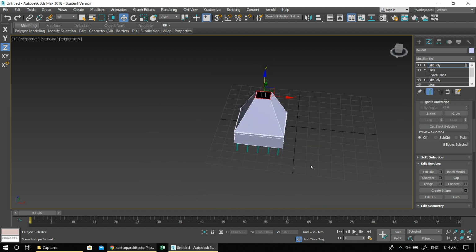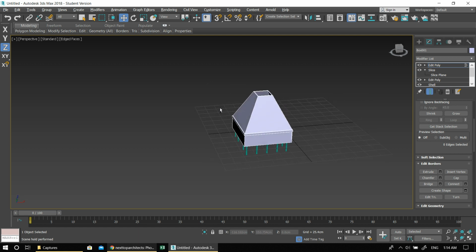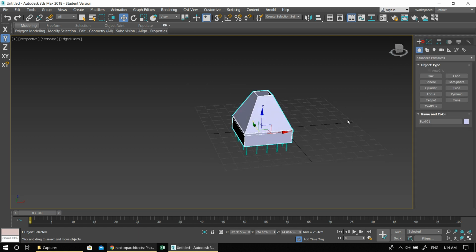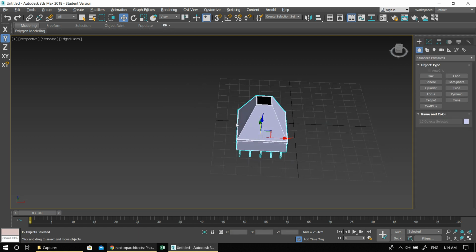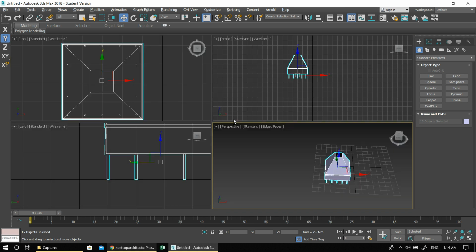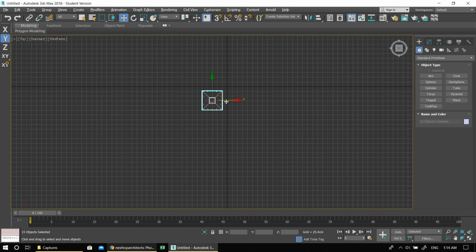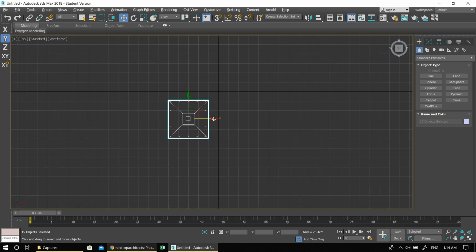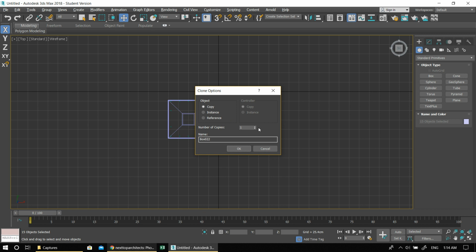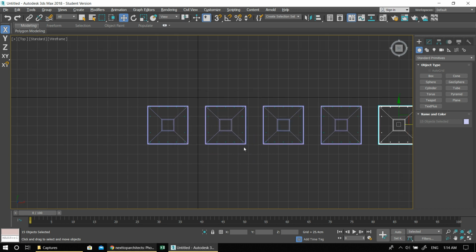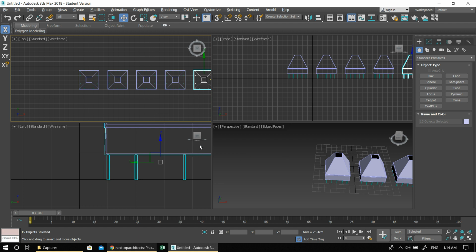Now, okay, let's select everything. Not here, here. Let's say we want to have 5 different typologies. Let me go to the top. Now, let's have 4 more of these. 1, 2, 3, 4 more of these. Okay. Now, for this one, I'll go to the side,